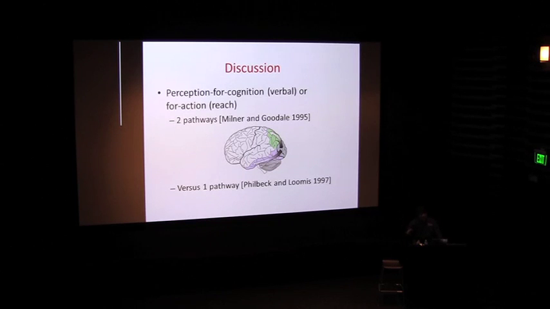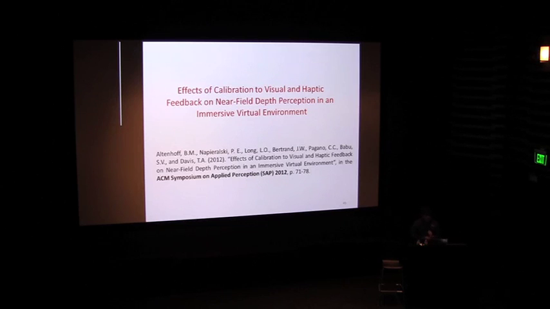There's been a lot of discussion, and what I know about the neurological theories and perception theories is very much perfunctory. From what I understand, a dual pathway theory is one of the popular theories out there, in which people have suggested that there is a perception channel for cognition and a perception channel for action that are two different streams. Others have suggested that perhaps there's only one type of perception, which is becoming more popular these days: there's only one perception channel, but the way it's used might be different, with one stream used for action and another for cognition, okay? And that could account for some of the effects.